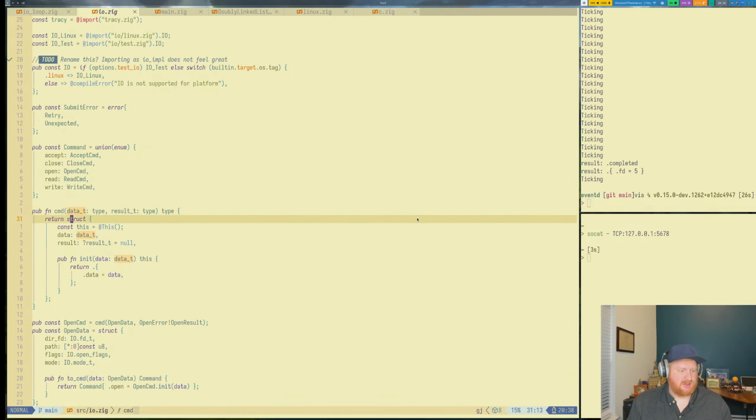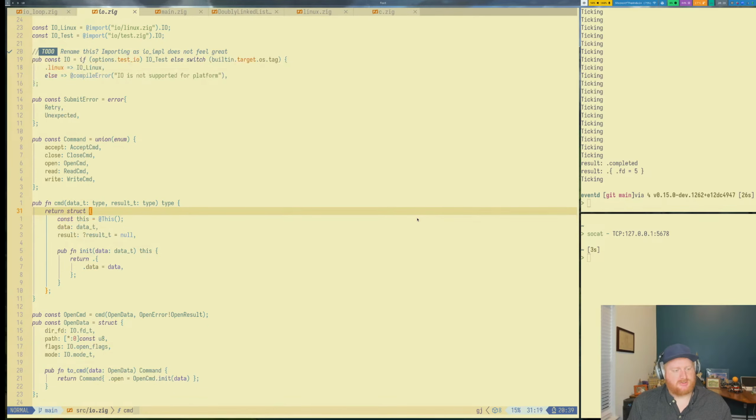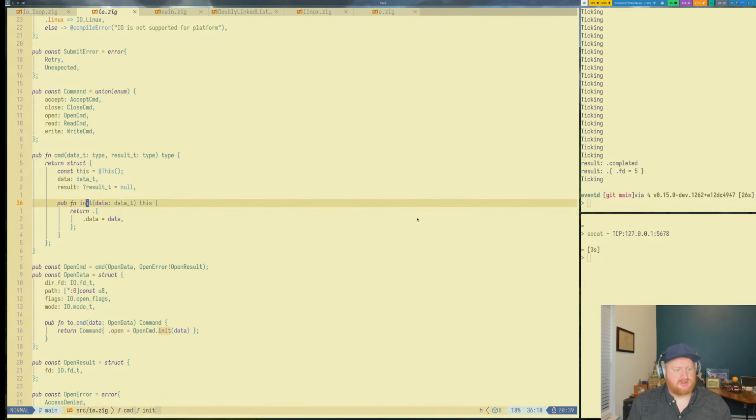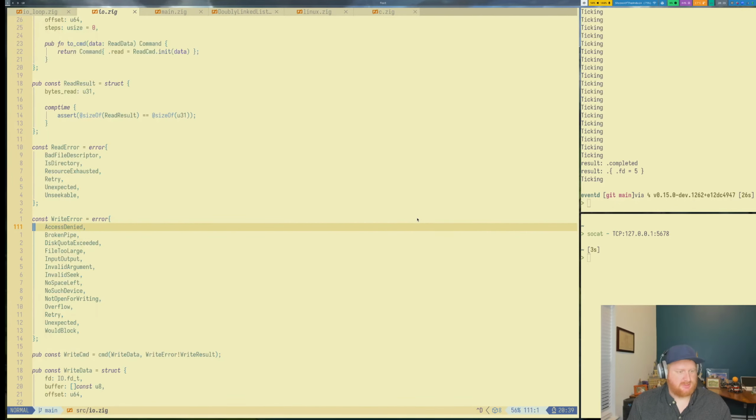So what I am doing here is calling command and passing in an actual type for the type of the data you want for the submission, and then another type for the type that you want the result to be. And you can see we return a new struct that has a field called data with the type of data T, and a result of a maybe result type. And then we also create an init function that returns the default, with the result being null and just the data being set. So if we go down to our accept example,